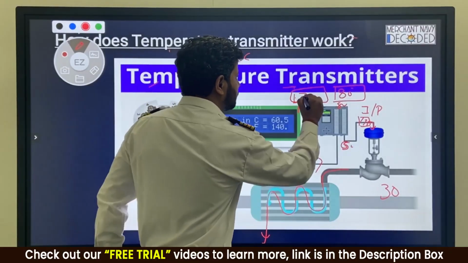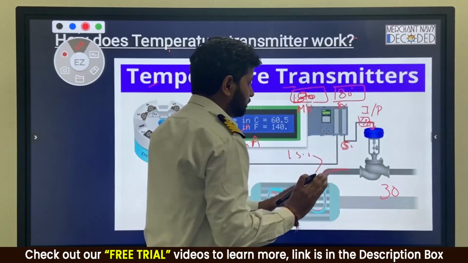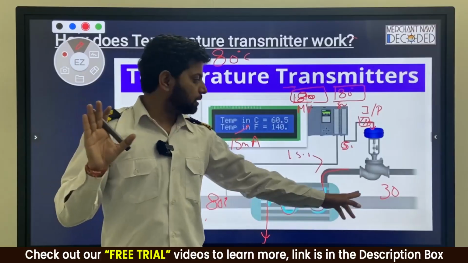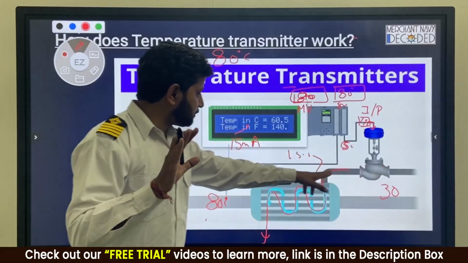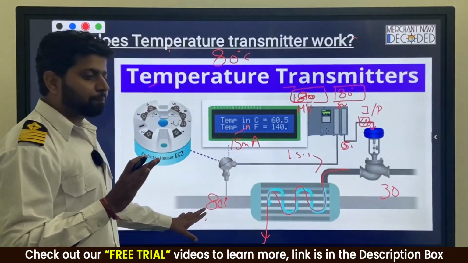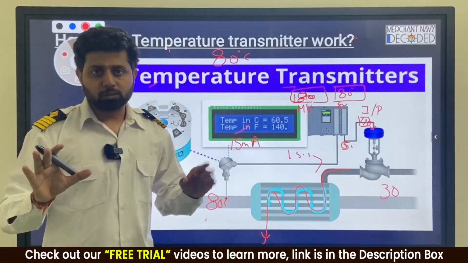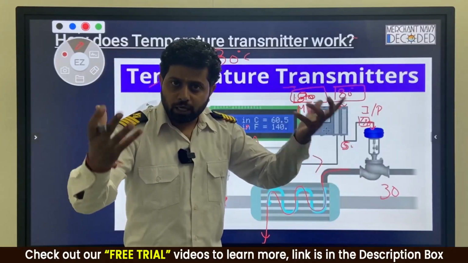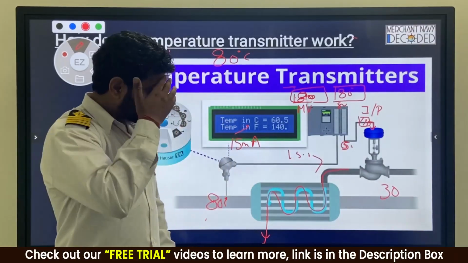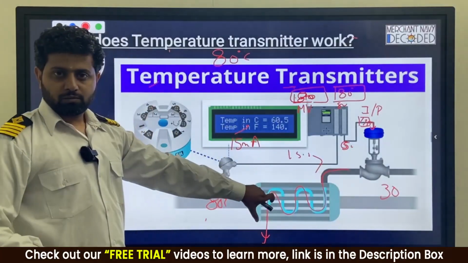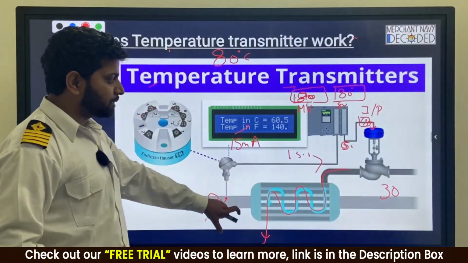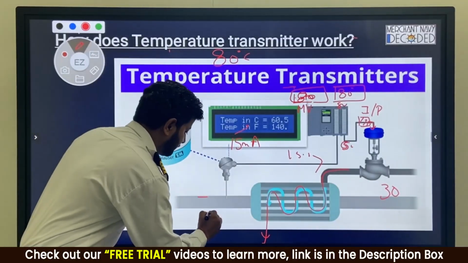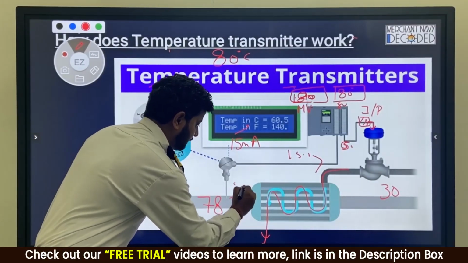now the controller says, brother, this is also 80, this is also 80. So now if the valve is 30% open, keep it 30% open only. Keep it 30% open only, and the same steam is coming, and the same amount of fuel is coming, and the temperature is maintained at 80 degrees centigrade. No problems? No problems. But everything was fine when this valve is 30% open. Now again, what happens is suddenly more amount of fuel starts coming in. Now when more fuel starts coming in, the valve is 30% open only, suddenly the temperature will start dropping. It will become 78, 77, 76.